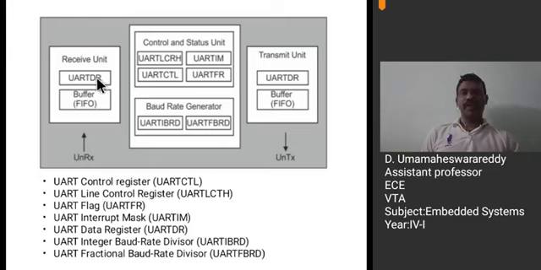We can read the data from the UART data register. And if there is any data to transmit, then we will place the data in the UART data register in the transmitter unit, and that is shifted to the buffer and then to the UART transmitter pin. In this way, UART interacts with other modules for transmission and reception.